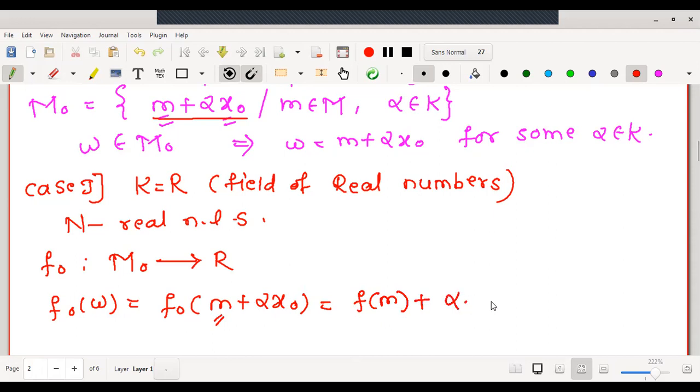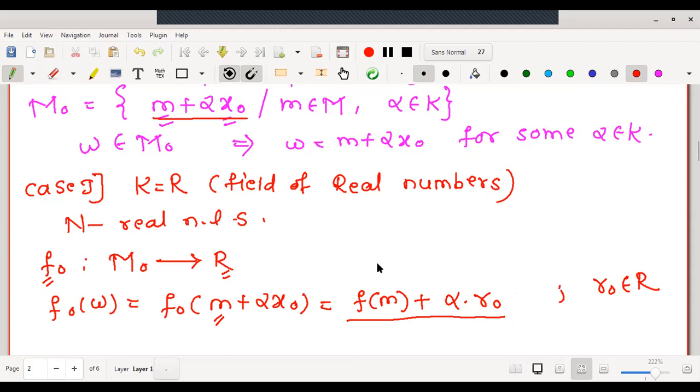Alpha is the scalar taken as it is. And let us assume that F naught mapped onto x naught will be some r naught. That r naught must be a real number, must be a real scalar. Why? Because F naught has codomain the real numbers. Okay, therefore the mapping we have defined in such a way that this will be an extension and linear as well. Therefore nothing to worry about proving both the results.